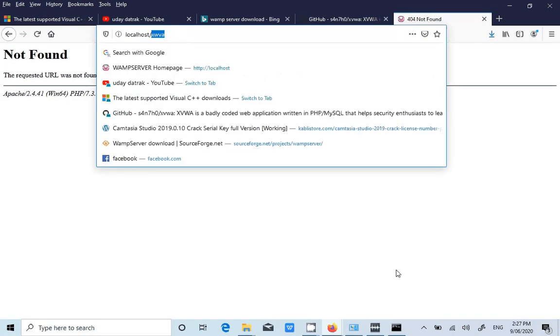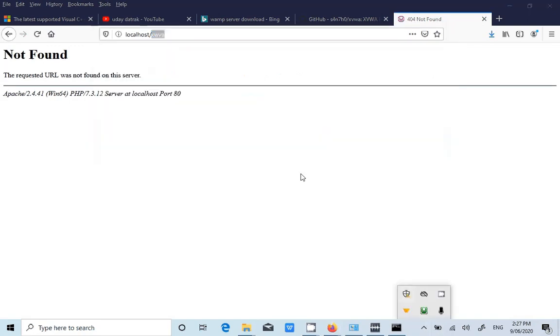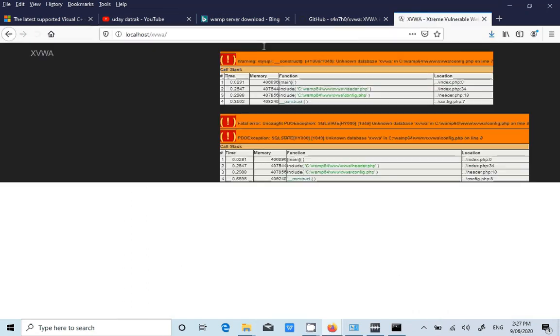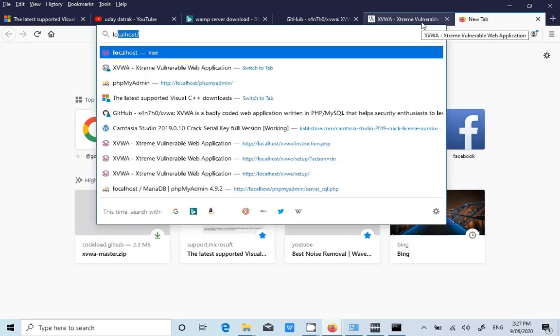what happened? Oh no, now we got some error like unknown database. That means this particular database name doesn't exist. We need to create a database name. For that,